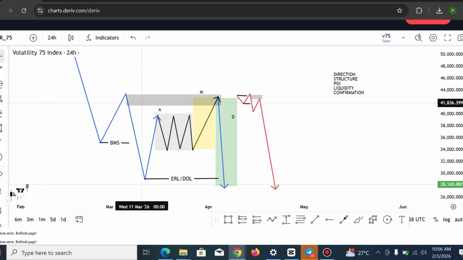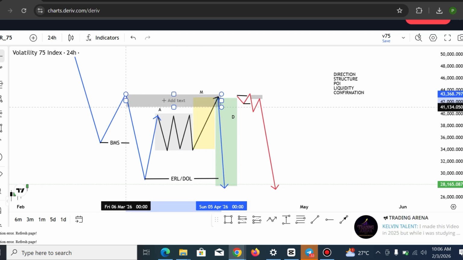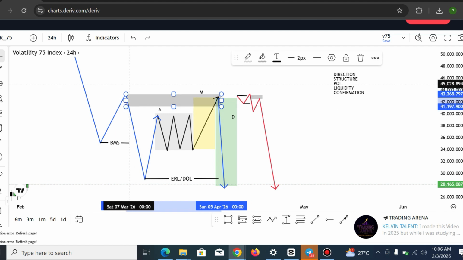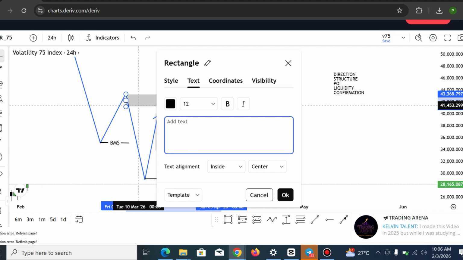Now these are the liquidity that price might actually love to take. Upon taking that particular liquidity, price is now going to trade into your POI right here, the valid point of interest. This POI could be maybe your order block, your breaker block, whatever you are using. So upon trading to your POI,